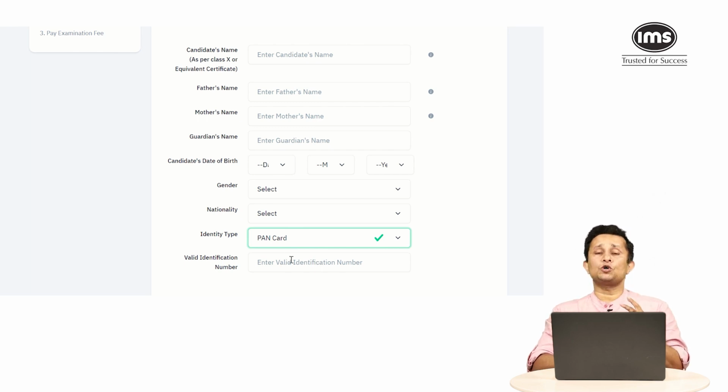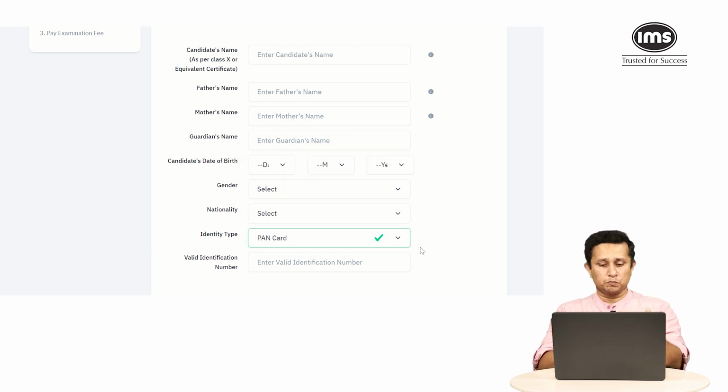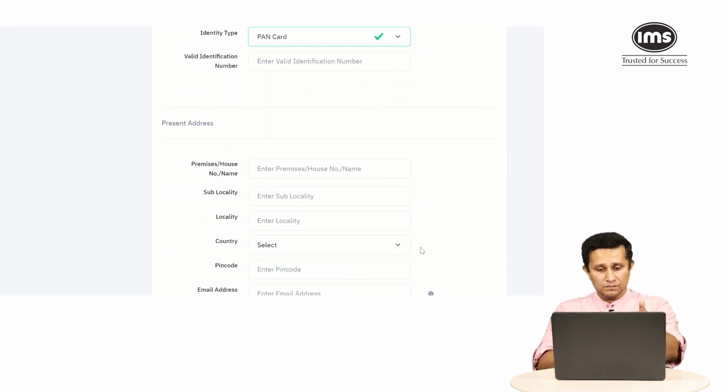So, you need to ensure two things. You have the original of the document with you and that document is valid. So, if you have, let's say, a driving license and it has expired, then there is no point putting driving license here. So, you need to go to this list, figure out which ID proof you want to put in and put in all the details. So, we will fill all these details and complete the registration process,